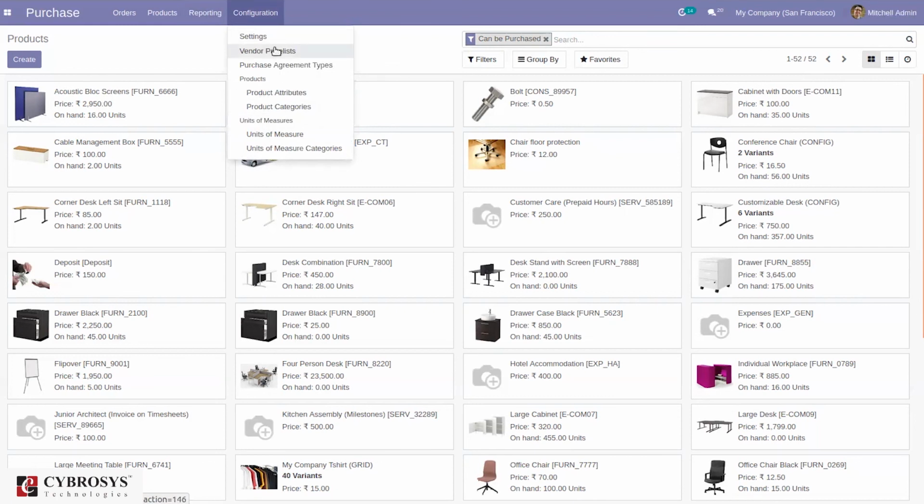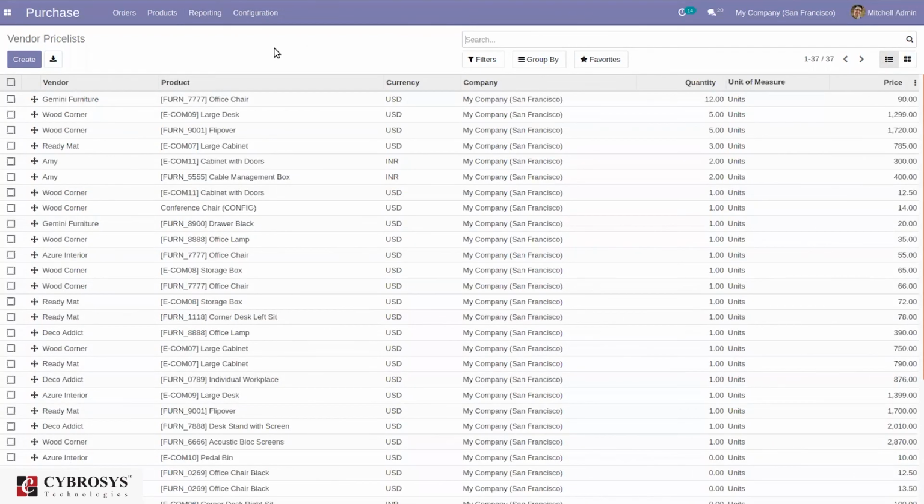This one is really important. Prices act as a backbone for any business. Vendor prices are applied when we purchase products from a vendor. We also have sales prices, which are managed in the sales module. For both the sales price list and vendor price list, we have done separate videos. Here we can create a vendor price list and apply it on some products